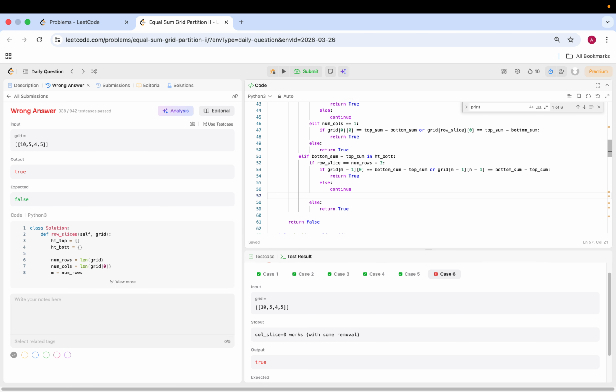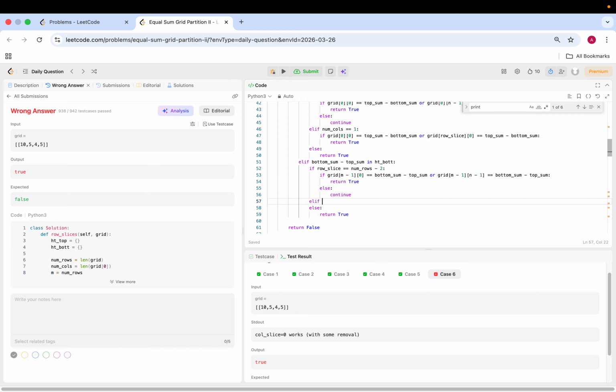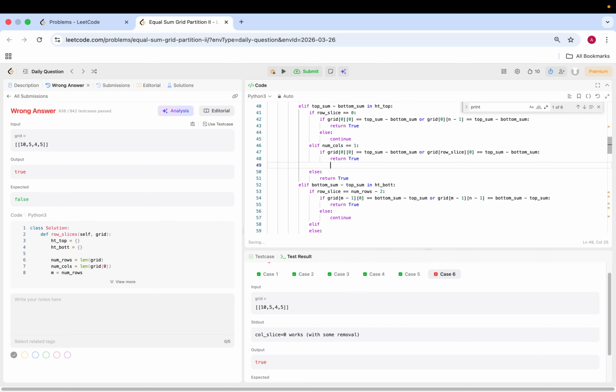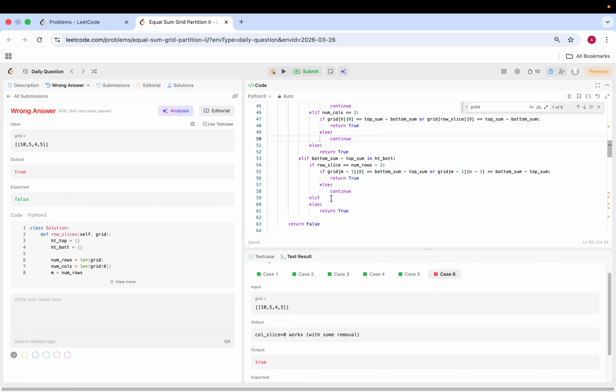Elif. I don't think I have to say else continue actually, but that's alright. Just explicit, you know. Elif numcols is equal to 1, then if grid at, so we're deleting from the bottom now, so if there's 1 column,